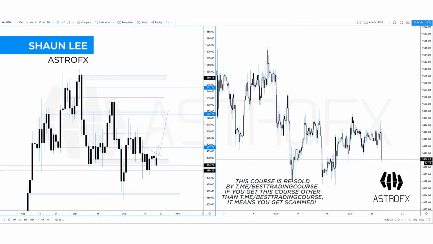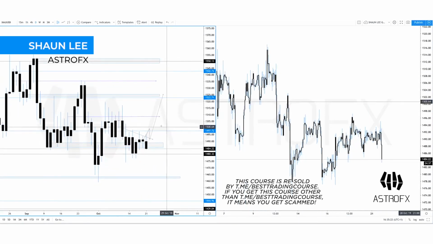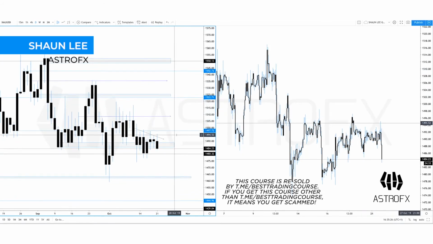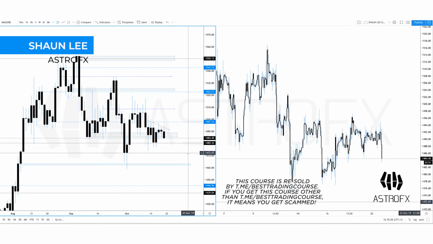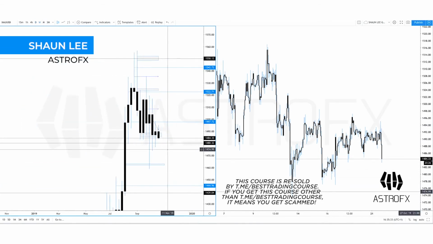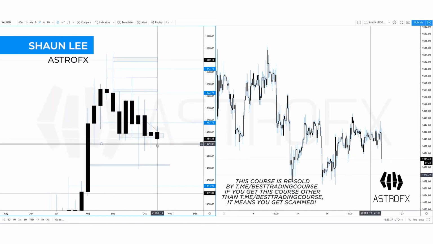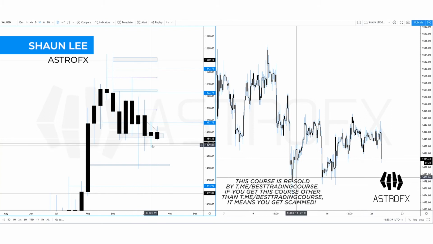Right, so going on to gold. I do have bullish projections on gold in particular at the moment. However, the new week has started. Now 1480, we have our weekly level, and it looks as if the market could potentially tap into that once more. But look at the previous price action. Spike, spike, spike. If you go into the day,